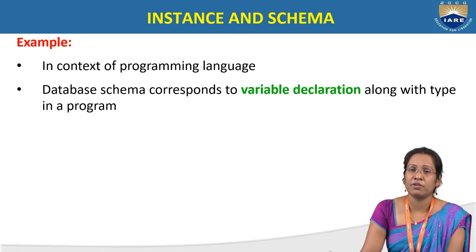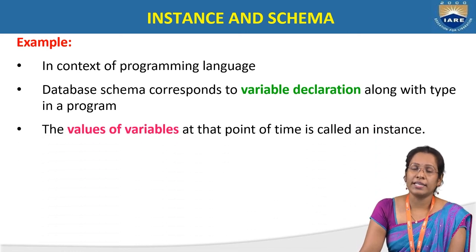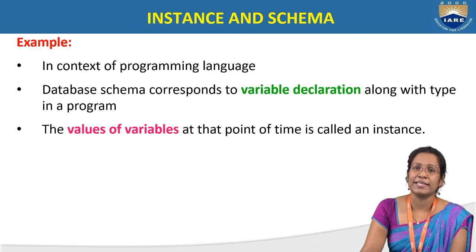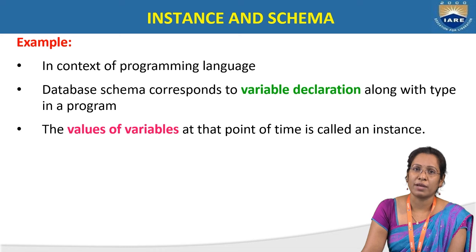The overall design, what does it mean? Schema is nothing but an overall design. Overall variable declaration is called a schema, and the value of the variable will not be constant. It can be changed during runtime. So every time the value of the variable changes, the value at that particular point of time is called an instance. So in simple words, in a programming language the total variable declaration is called a schema, because we cannot change the declaration part, but we change the value of the variable from time to time during runtime. That value of the variable corresponds to an instance.